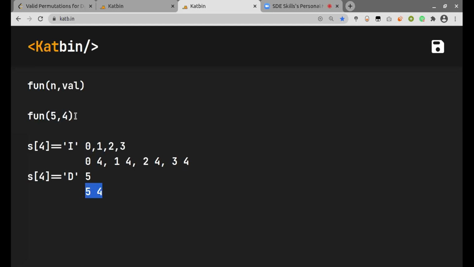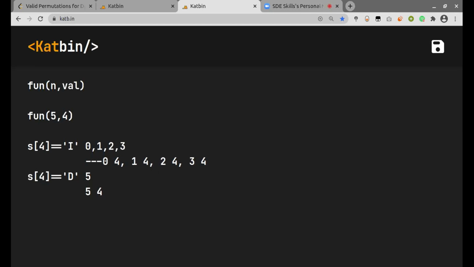So here we can see this function is further breaking into smaller subproblems. For example, now we need all the sequences ending with 0, which will have length 4, including 0.